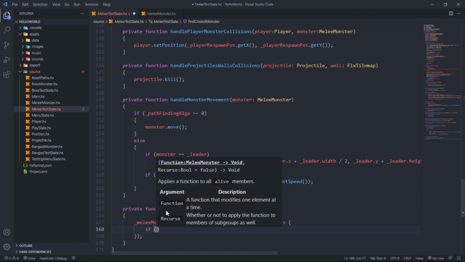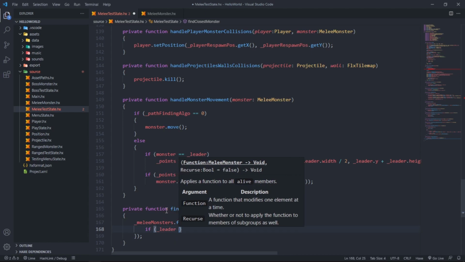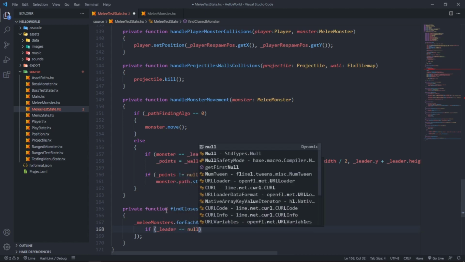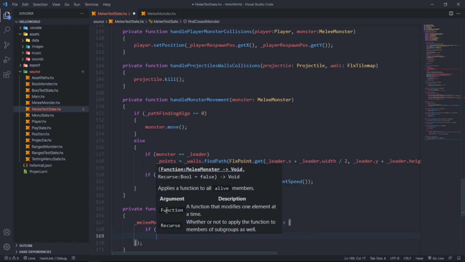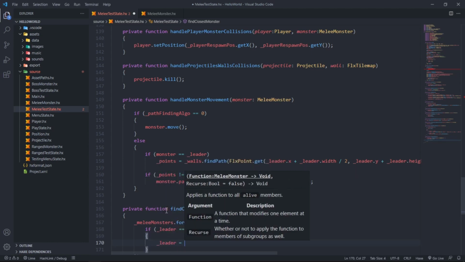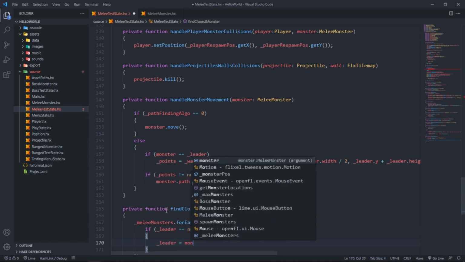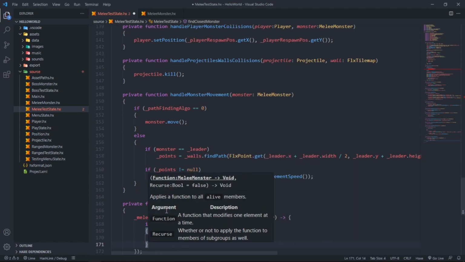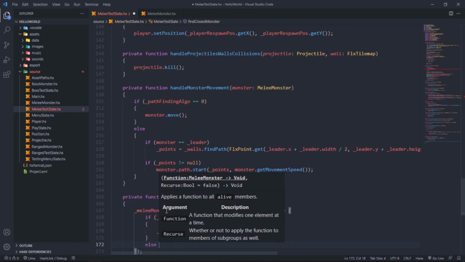If leader equals null, so if no leader has been chosen yet, we just want to say the first one equals the leader. Else